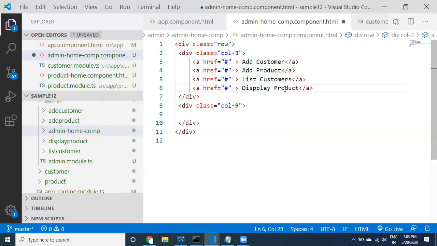Add customer, add product, list customers, display product.